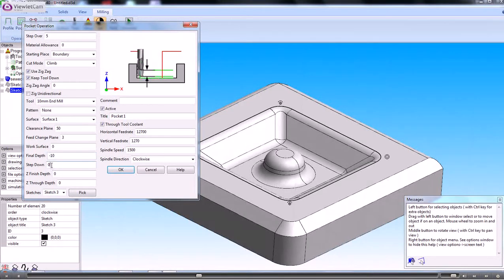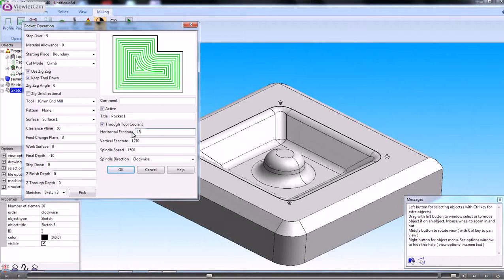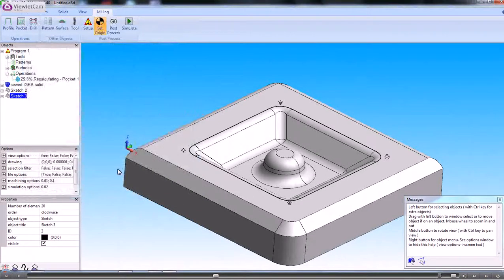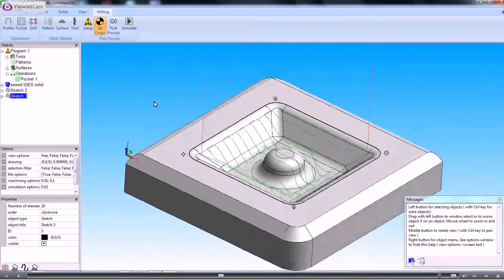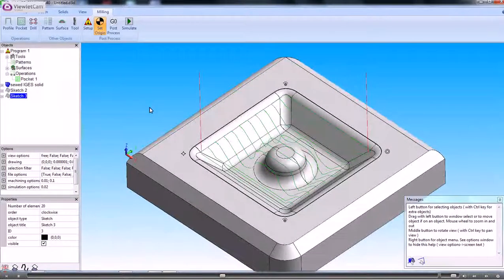So the step down we'll leave at 0 for the moment, so we can just check that it's creating the right toolpath for us. When we're happy that it's got the right toolpath, then we can come back and we can reset some of these parameters. The feed rate that we want to use is the horizontal feed rate, vertical feed rate, and the spindle speed is set here. So we click OK, and that creates that toolpath that you can see on the top of the model there. Okay, so we know that it's doing pretty much what we expect it to do,